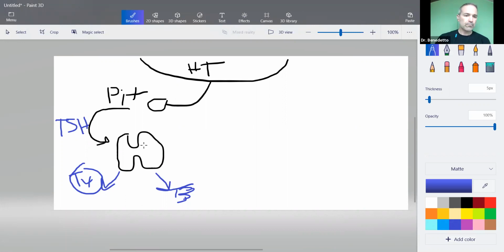Make sense? Now, the pituitary gland and the hypothalamus are watching the blood. So TSH gets sent, and the pituitary gland is monitoring the levels of T4, because most of what is made is T4. So TSH gets sent, T4 levels should go up, because the thyroid should be making more of it. If the T4 levels go up, cool. When they get to the level that they should be,